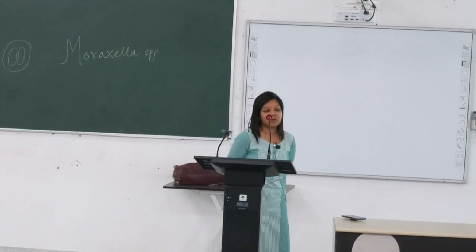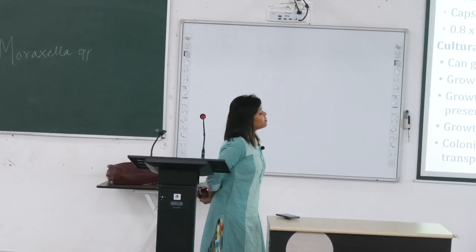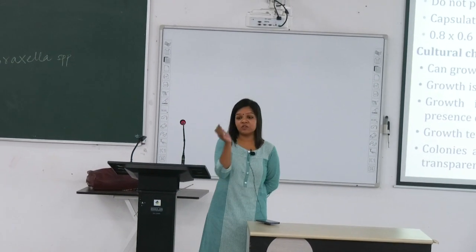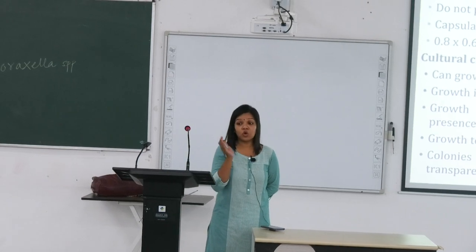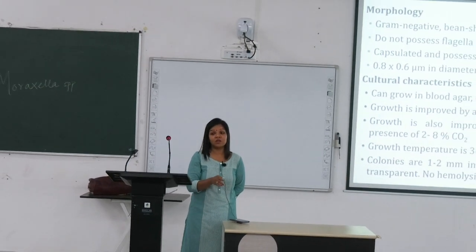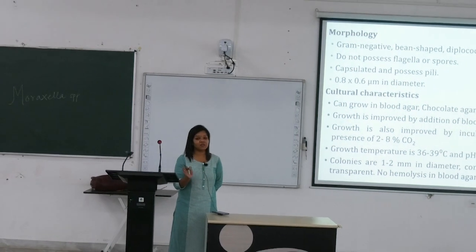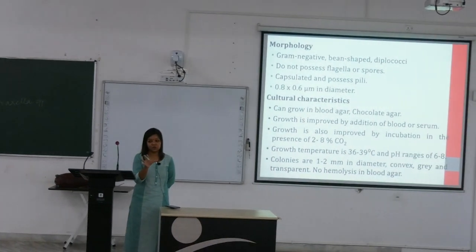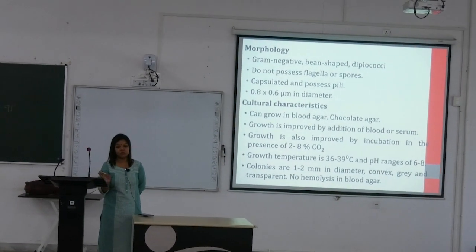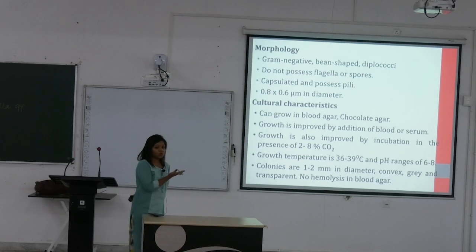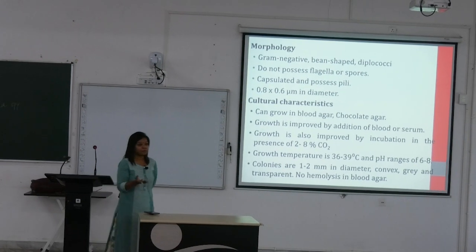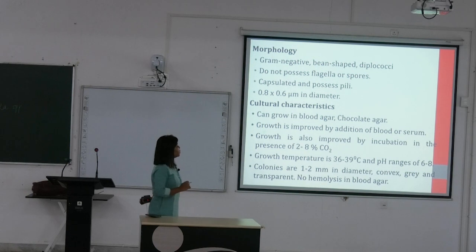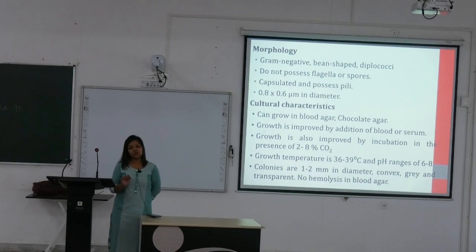Okay, difference between meningitis and gonorrhea. Neisseria meningitis and Neisseria gonorrhea. Neisseria meningitis we can find both intracellular and extracellular. Gonorrhea we can find only in intracellular, rarely extracellular. If the giant cell bursts, then we can see extracellular. Okay, সুন্দর স্লাইডে পরিষ্কার দেখা যায়. Okay, so they can grow in blood agar and chocolate agar.